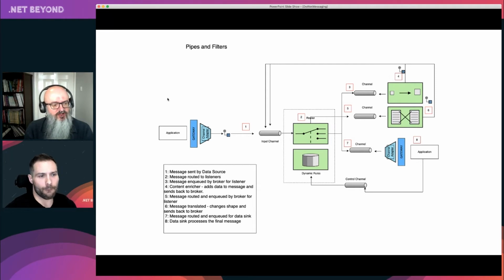You're going to need order details. So this icon represents what we call a content enricher. It says, I'm going to go away and get the order details that Ian's going to need to help process that order. It then puts them into the body of the message. You may create a new message entirely with those details. It then raises that up, and that then goes back to the router, right?